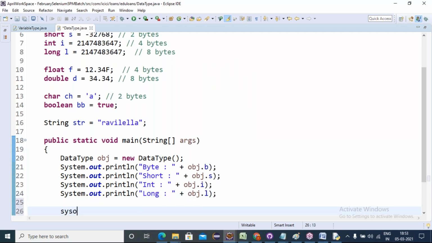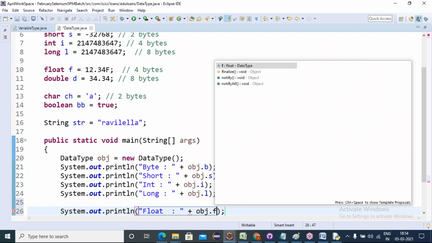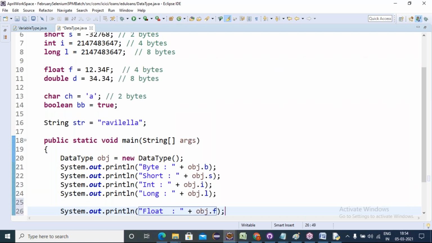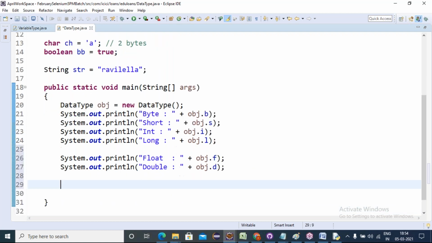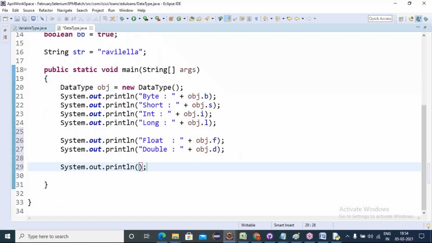Next is floating type: sys out float, obj dot f. Next is double, obj dot d. And next is what? Character, boolean, right? Sys out.